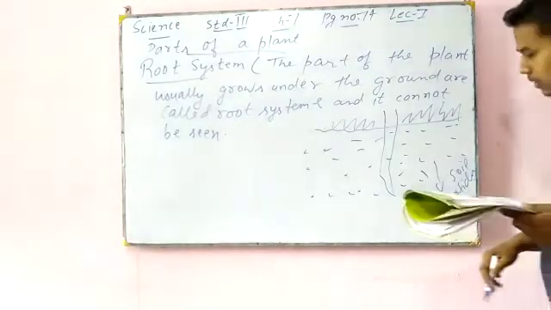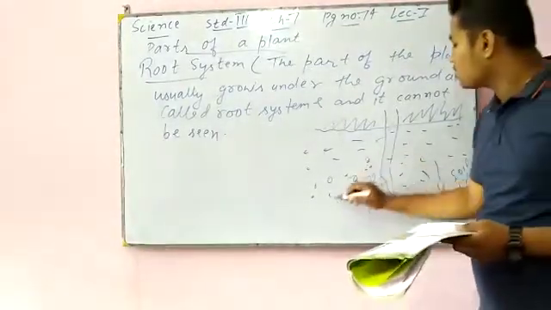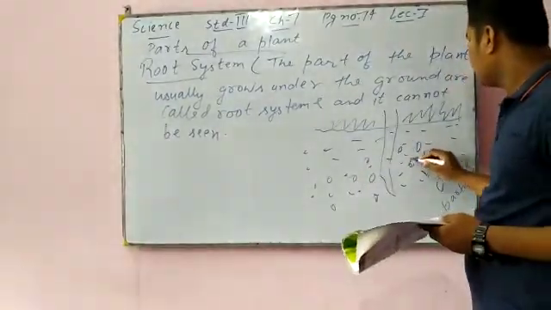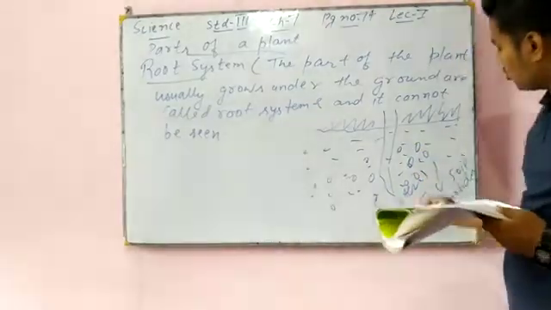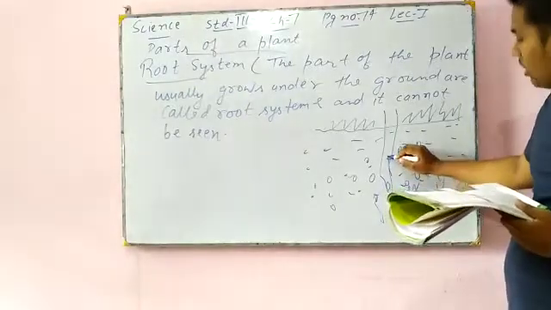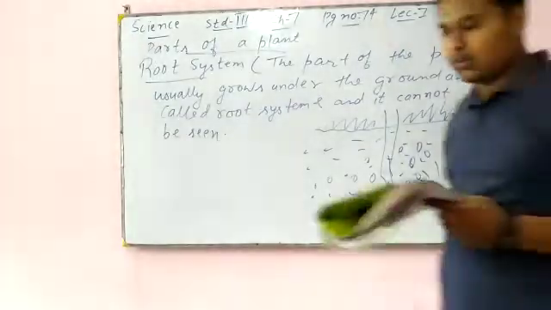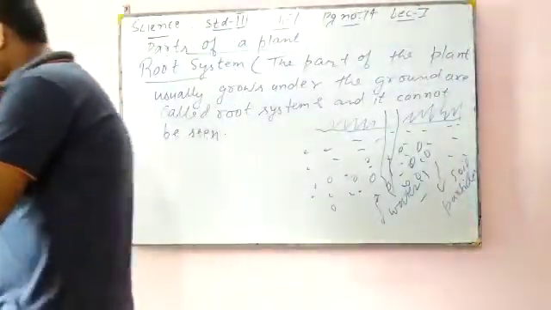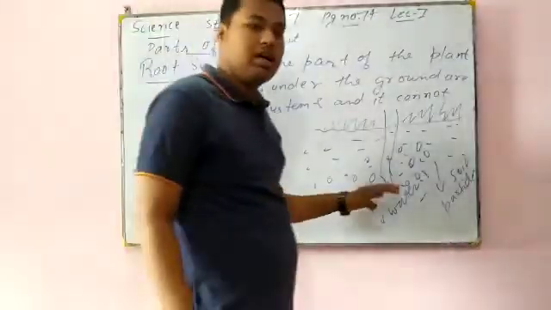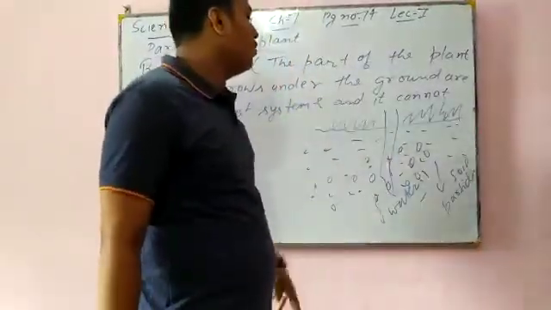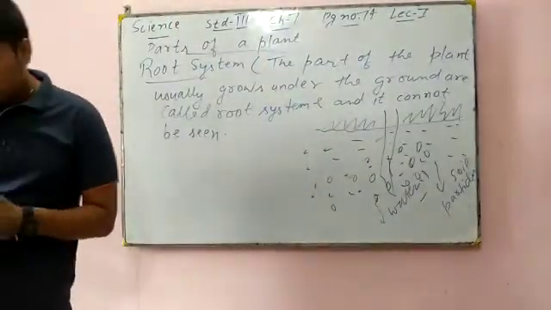Okay, in these soil particles you will find water also, because I told you soil contains nutrients and water. So this is water. Now see, this root takes in water and nutrients and it gives it to all other parts of the plant, because soil contains nutrients and water, and the nutrients and water taken by the roots, the root then provides to all other parts of a plant. So we will see functions of the root now.